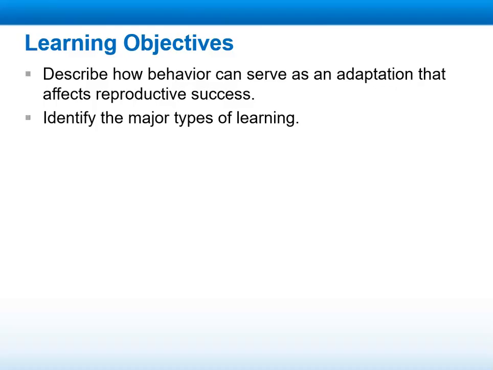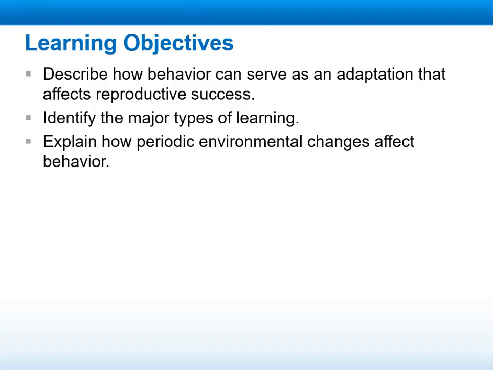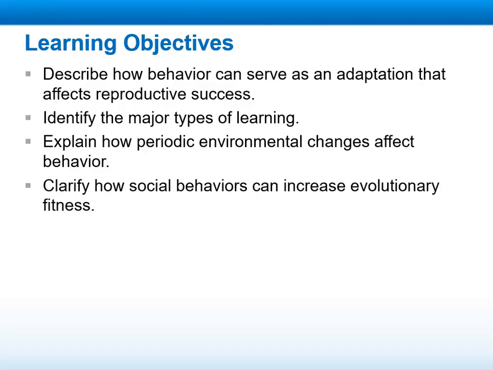We will identify the major types of learning, explain how periodic environmental changes affect behavior, clarify how social behaviors can increase evolutionary fitness, and explain how animals communicate. As you take notes, look for the terms behavior, innate behavior, learning, habituation, classical conditioning, operant conditioning, insight learning, and